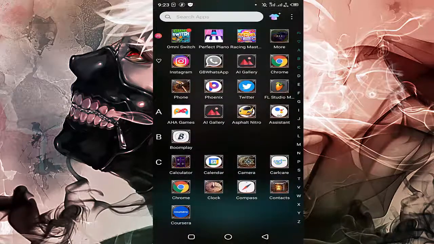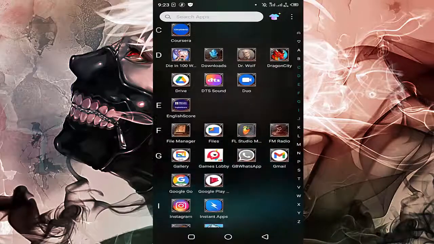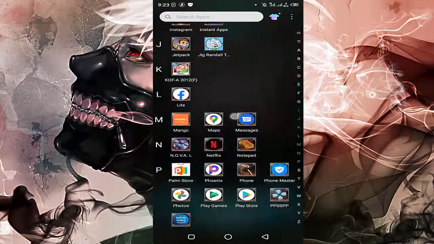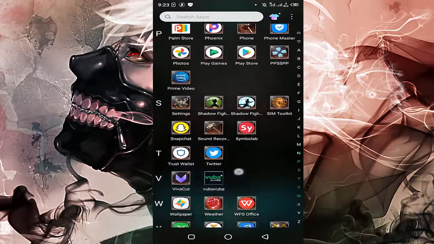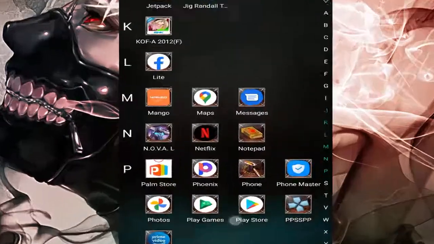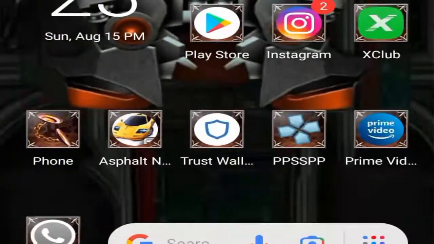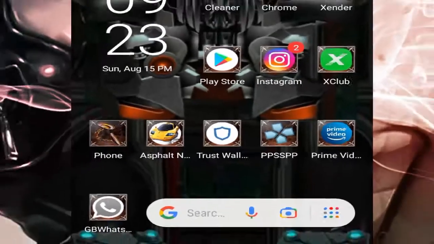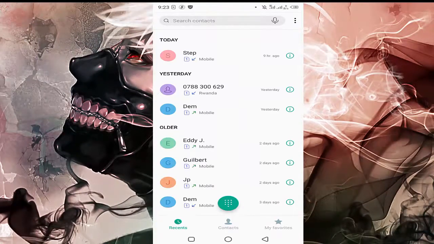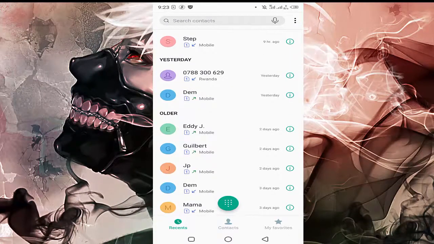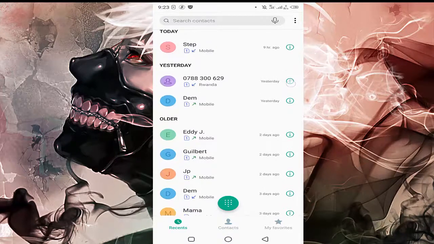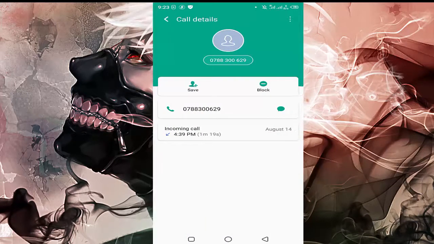So let's get started. Firstly, go through your phone and search where there is written phone. Next you will have to choose the number you want to block. For example, I choose this number, so what I'm going to do is just press the button shaped like an